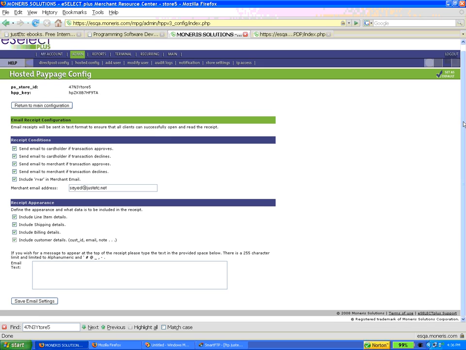So I think from here one email will go to the customer and one email will come to the merchant. I am providing my email address as the merchant, and customer email address will be provided as part of the process, as part of the input collection window. You have to do it dynamically or statically. Okay, I'm just saving it here,